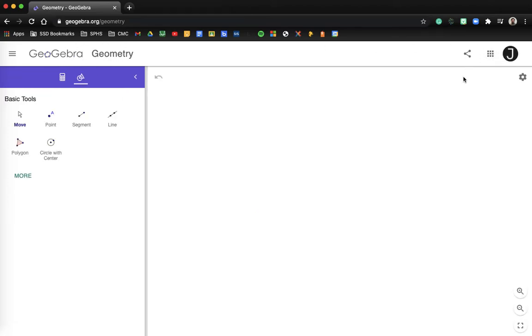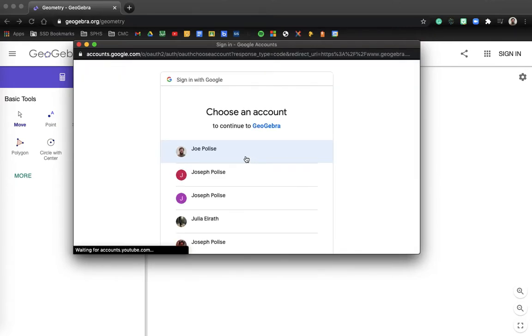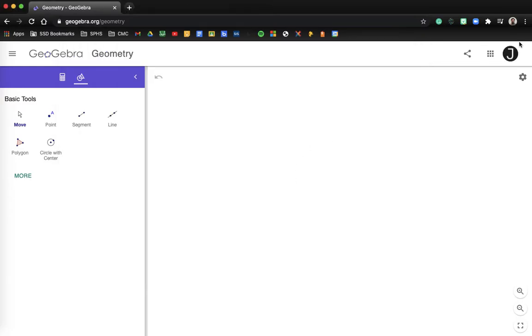Now, once we're in here, the first thing you want to do is make sure that you are signed in. Okay, so if I click the sign in button, then all of a sudden I can go in here. Let's sign in with your Google school account. All right, and just make sure that you're in there. Okay, and since my name is Joseph or Joe, however it is on there. I think it's Joe. I have a J for mine,